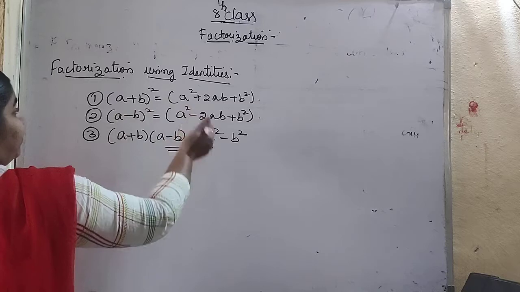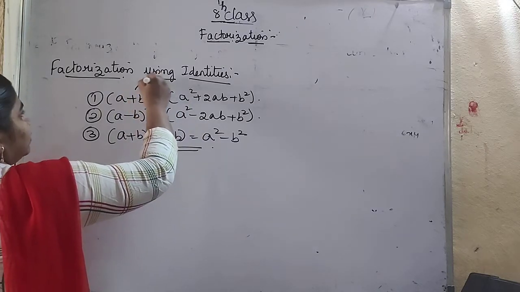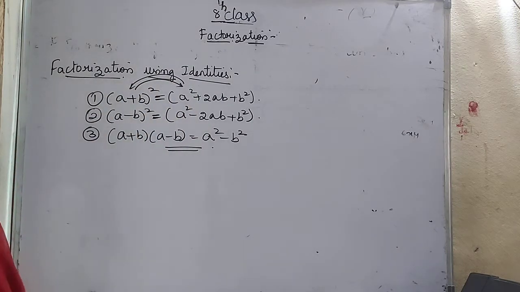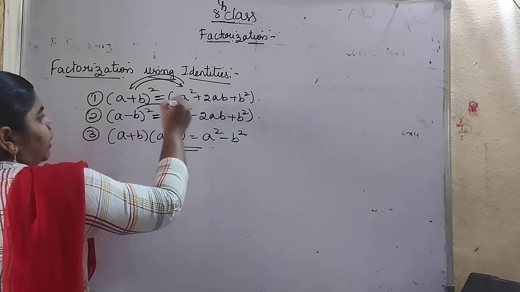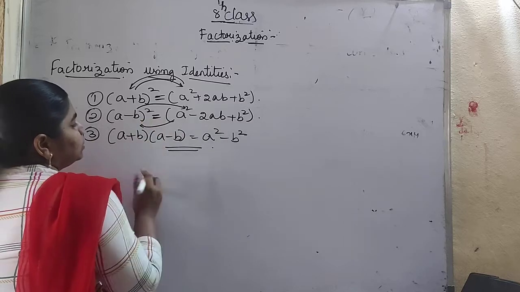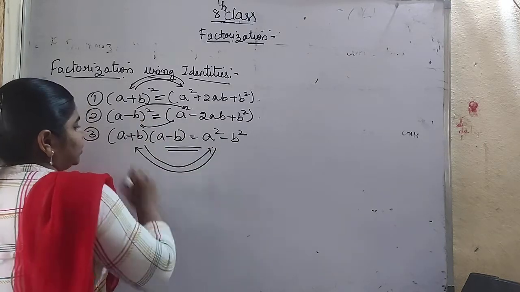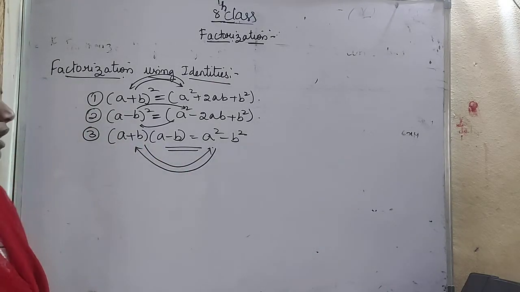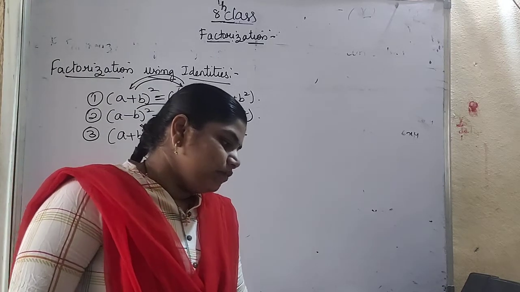It can be done any way. They told us that both sides are equal. That means you can solve LHS to RHS or RHS to LHS. Anyway, you can solve all these identities, in this way also, LHS to RHS or RHS to LHS. Either way the values will be the same. So now we are using these three identities to solve the given expressions.